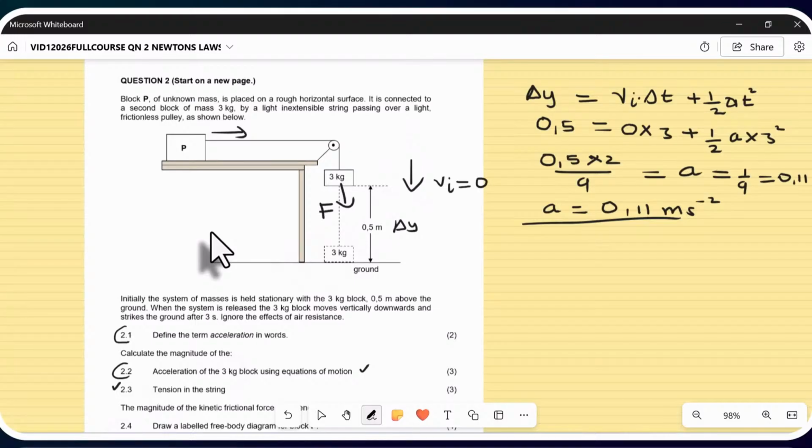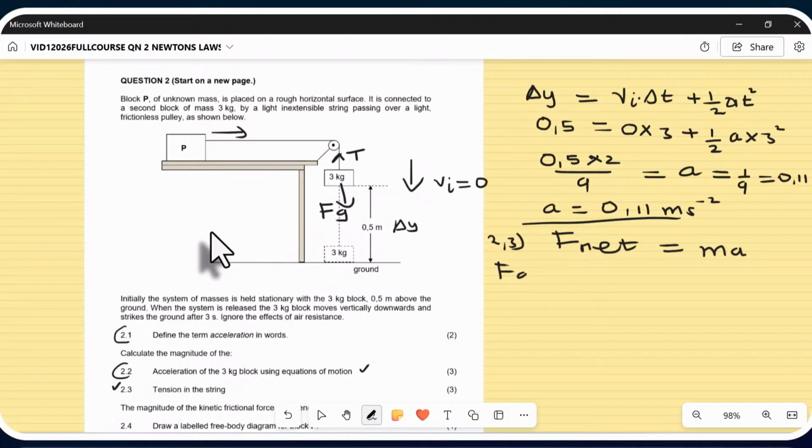So if I do my calculations, my T becomes 29,07 newtons. That's my tension here. And then they said that now